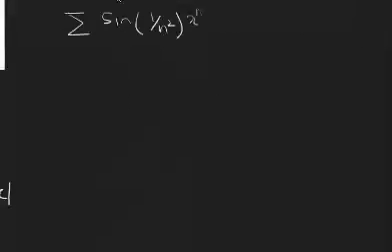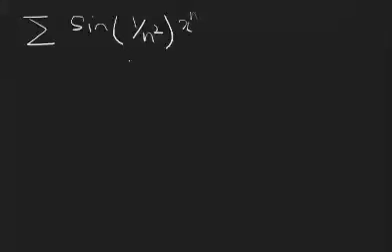Let's consider this example now. The sum of sine of 1 over n squared, this power series, with n squared times x^n. To find the radius of convergence, we should apply the ratio test. So from the ratio test, a sub n plus 1 divided by a sub n,